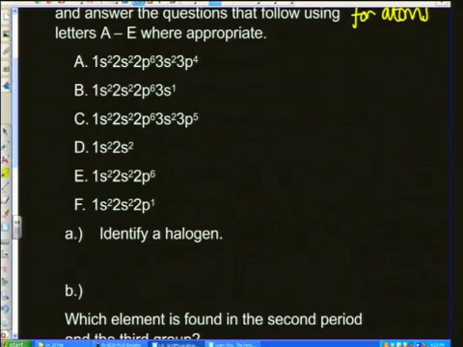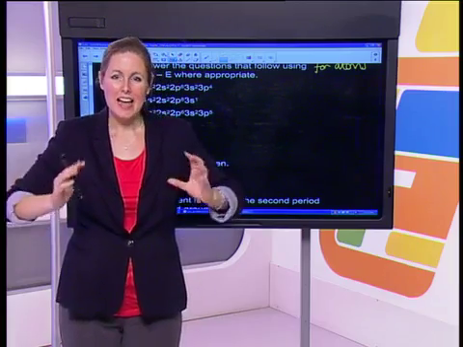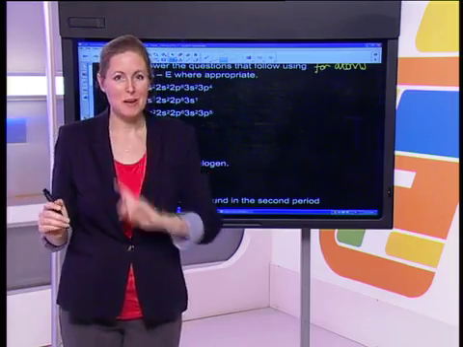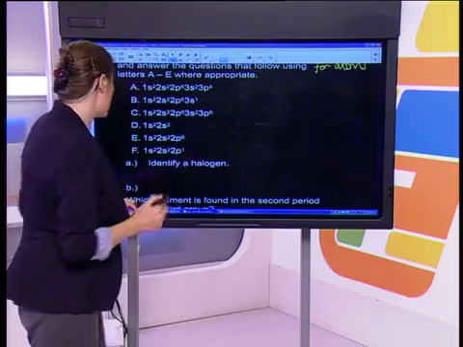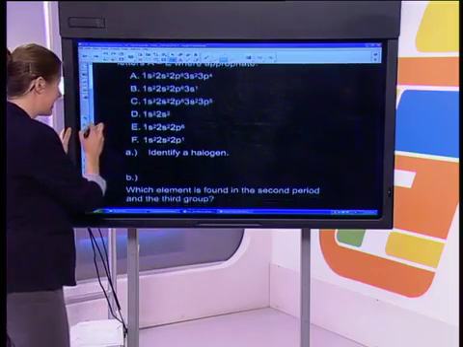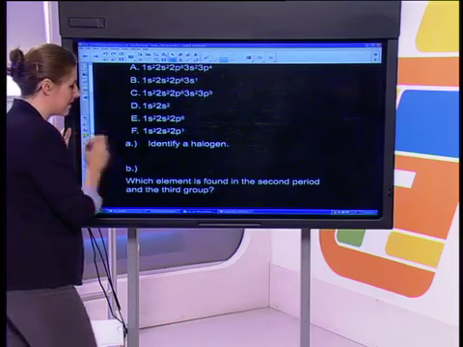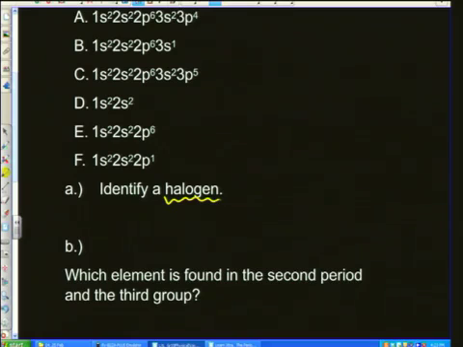I've thrown this in here because I know students don't often like these electron configurations. They can be tricky, but hopefully, if you've thought through what we just spoke about in terms of the periodic table and the way it's arranged, we should be able to answer quite a few of these. So, the first question says, identify a halogen. Now, what is a halogen? A halogen is something that is in group